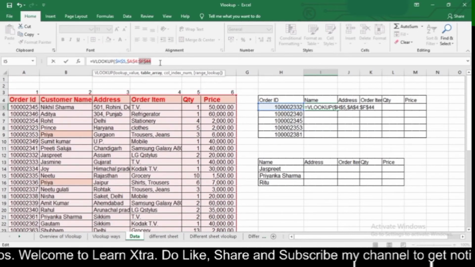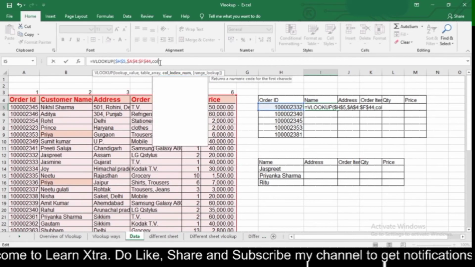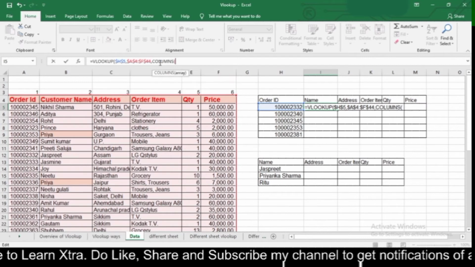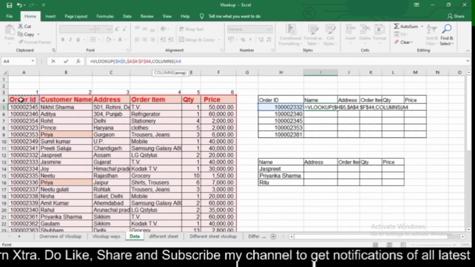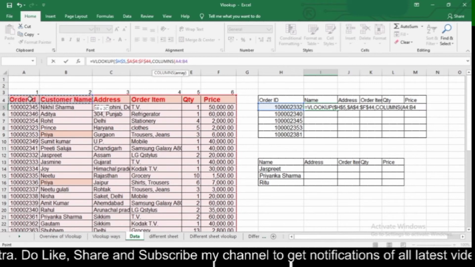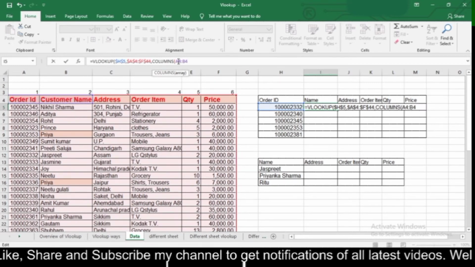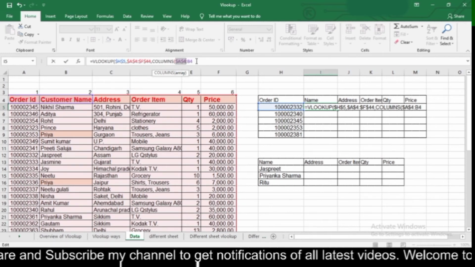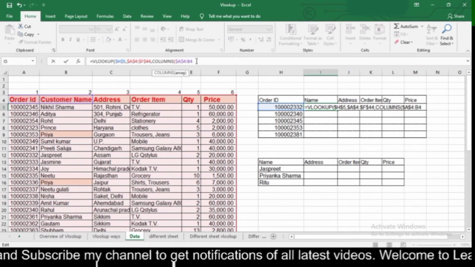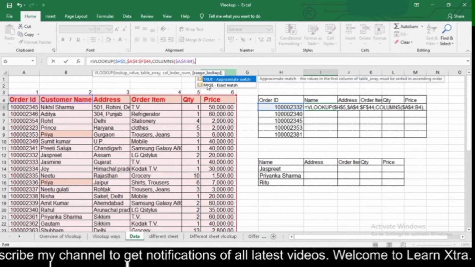Then for the column index number we will use the COLUMNS formula, and here I will use order ID to customer, and here I will fix my order ID with the help of the F4 key, and B4 will remain unchanged, and then close the bracket and then comma, and then I will type 0 for exact match.